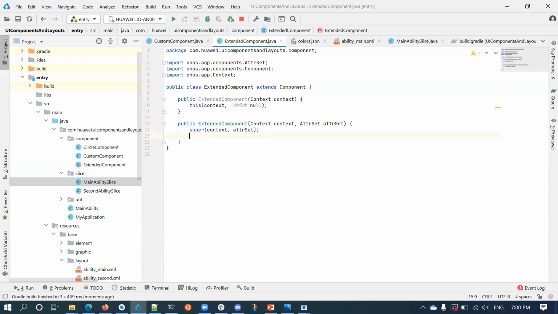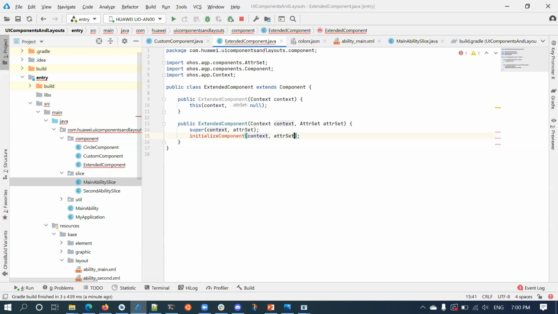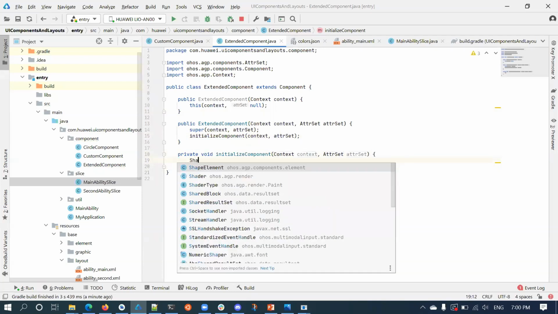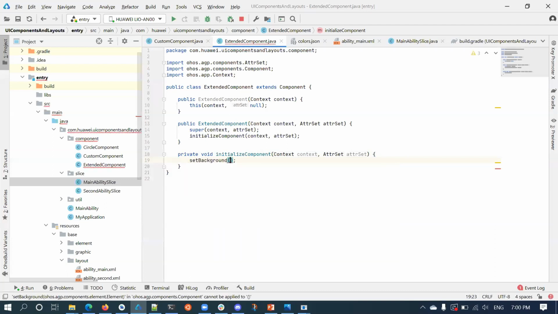So what I'm going to do now, I'll create a method initialize view or initialize component, and we'll pass in this. Here I'll set the background for this view. You know, we have a set background method which takes an element.